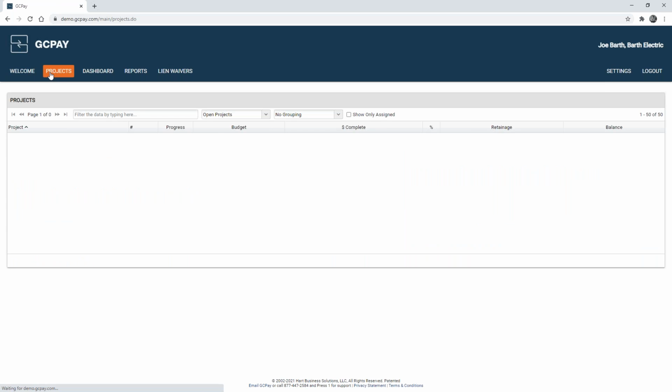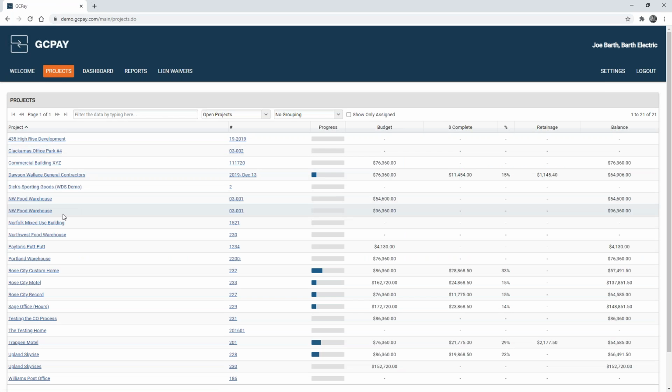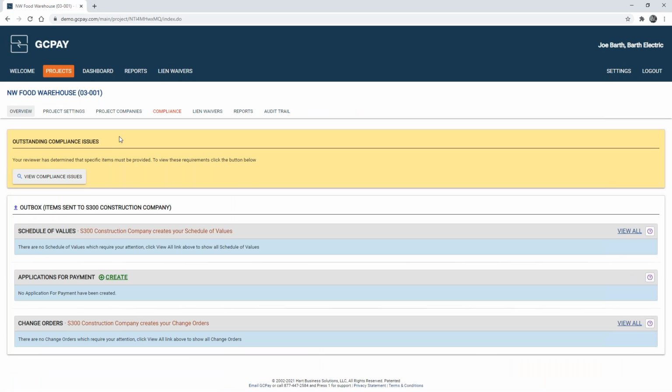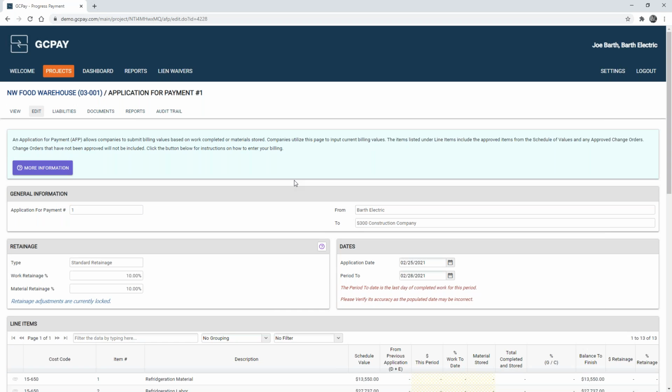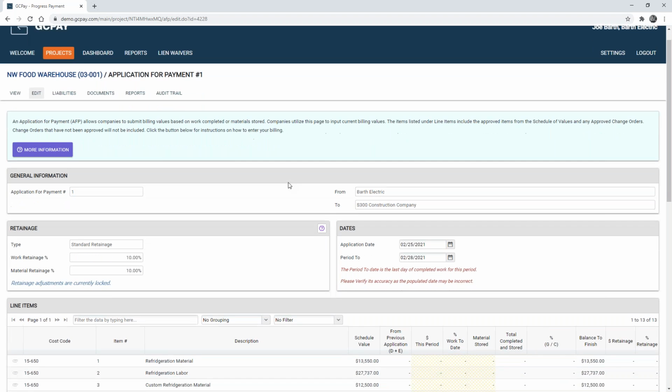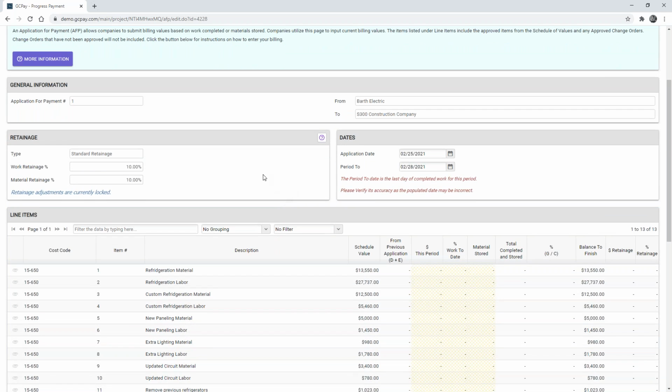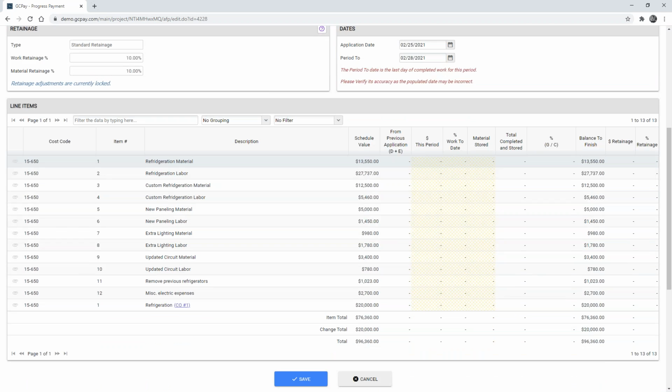So I'm going to navigate over to my projects tab, and we're going to jump into the Northwest Food Warehouse. Right away, I can see that I have compliance issues that are currently outstanding. But I'm going to navigate down to my application for payment and click Create. Your subs will do all of their billing right from this screen. They will see the original contract amount, the work percent, the work retainage, and then they'll also be able to see the line items